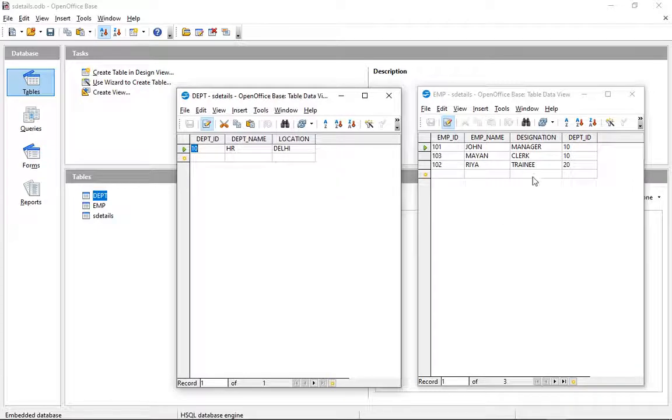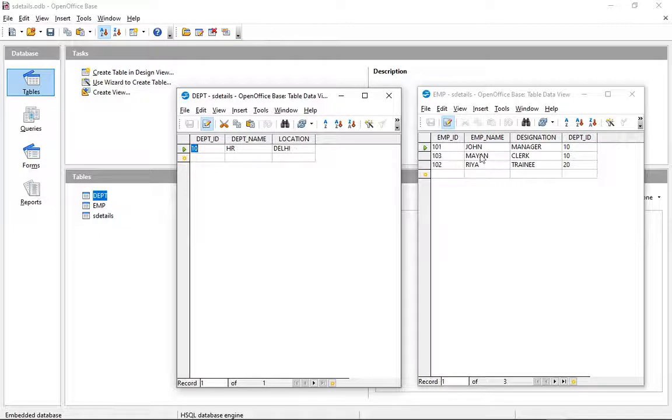So what we can imagine is that those in department ID 10 have the department name HR, and its location is Delhi. That means these two people, John and Mayan, are in Delhi.